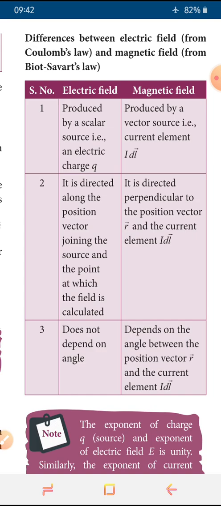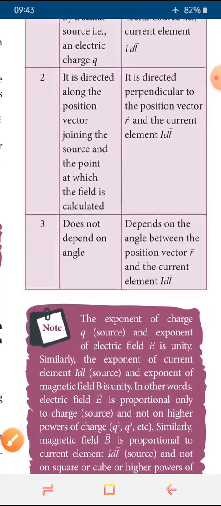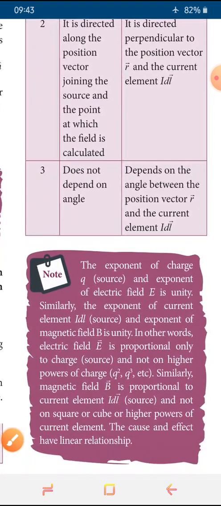vector and the current element Idl vector, and this electric field does not depend on angle. Magnetic field depends on the angle between the position vector r vector and current element Idl vector. Okay, so these are all the differences between the electric and magnetic field using Coulomb's law and Biot-Savart law respectively. You can mark this answer as a 3 mark question. So mark, children, this is an important question, and there is a note given here,